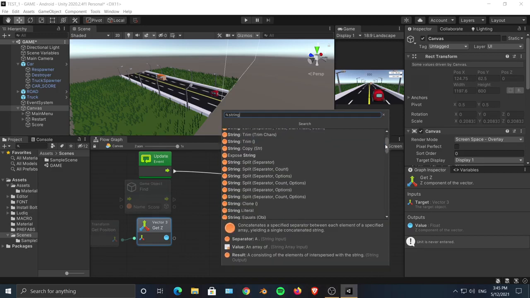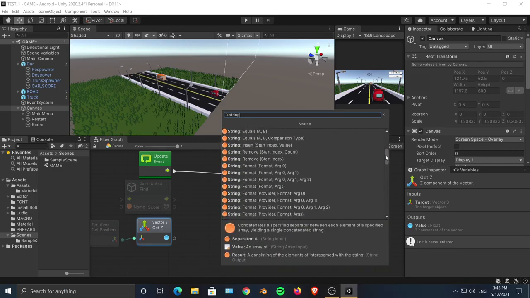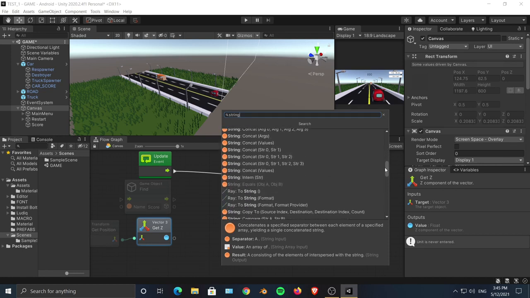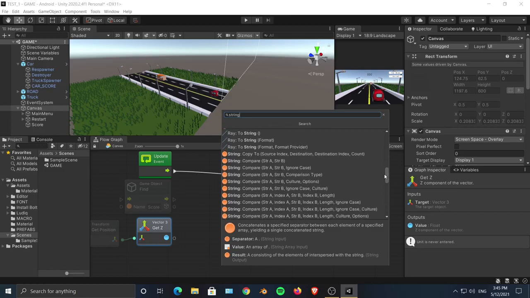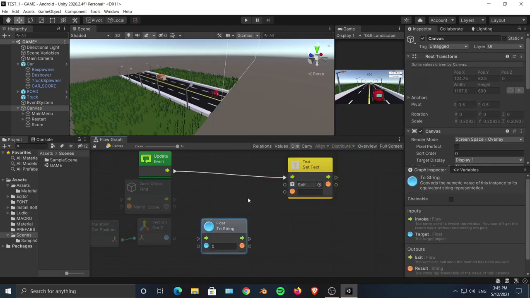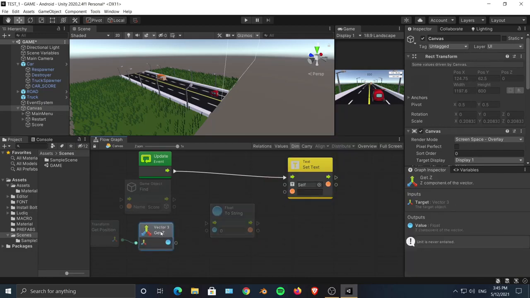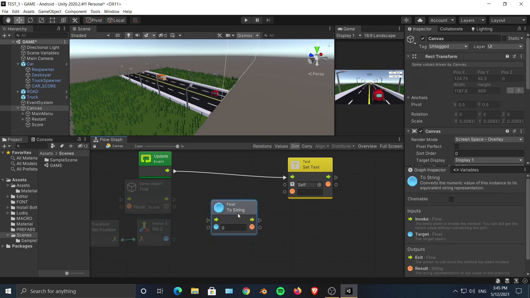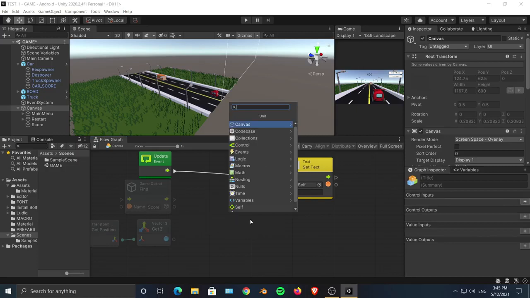So I think inside the string we can concatenate. No, we don't need that. Okay, so here it is. It is float to string. We can use this. And there is also one thing, this float value is going to be much larger, so I don't think we will use this node, but we will use something like,